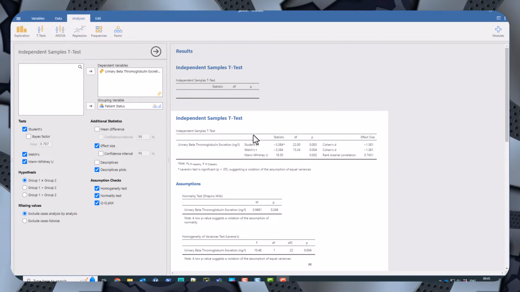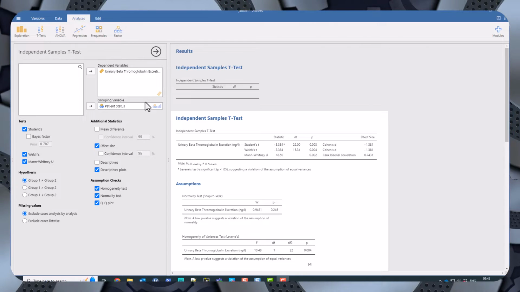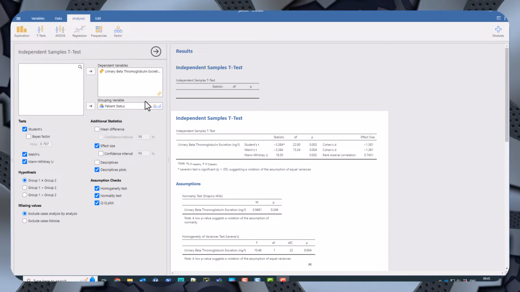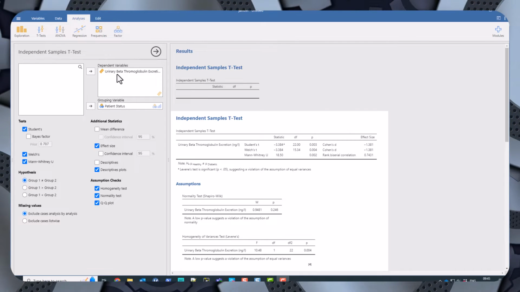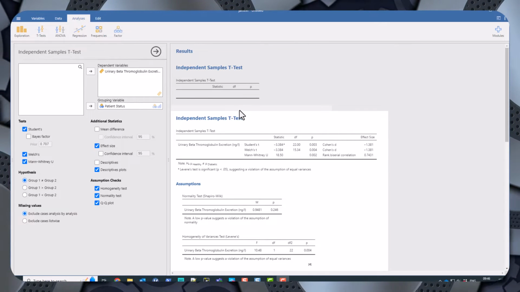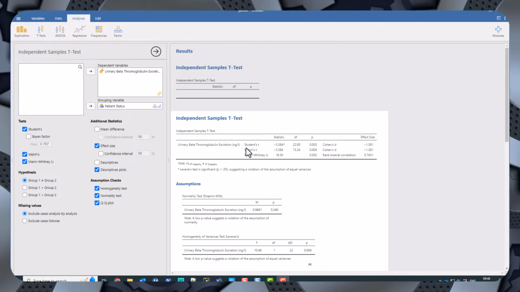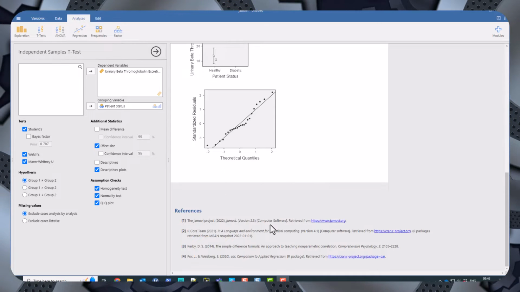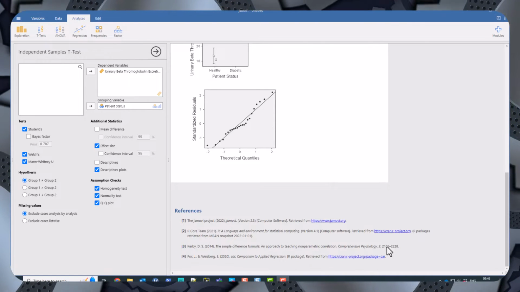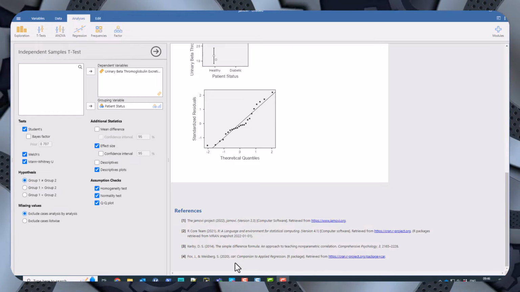So I've got my output from Jamovi, and it doesn't particularly matter what the output is. This is the one from some independent samples analysis of urinary beta thromboglobulin. Here I have my tables and I have my charts, and that is very nice. I have some references at the bottom telling me that these are the things that I should be putting into